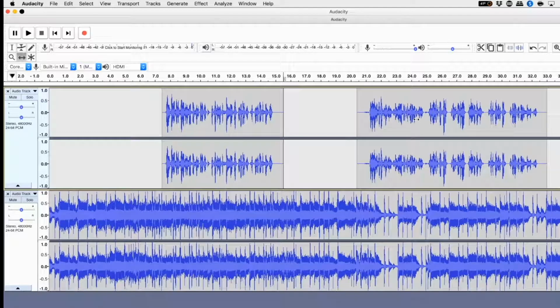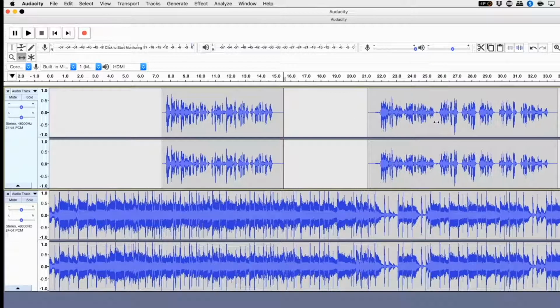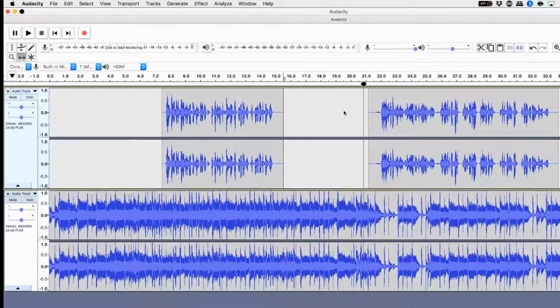So the music's going to come in, it's going to dip, I'm just going to start to speak, music's going to come back up, there's going to be a gap with the music playing, and then as I come back in for the second time, the music's going to dip and then tail off. But I know that when I start to speak for the first time, it's still too loud. So this is where I go to my envelope tool,